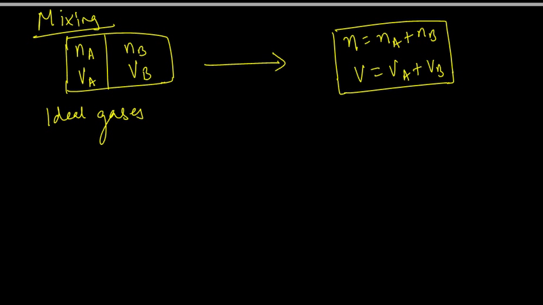That means I need to demix. If I need to demix, I need to find something. One piston which just pushes A, does nothing to B. Another piston which just pushes B, does nothing to A. Which means,